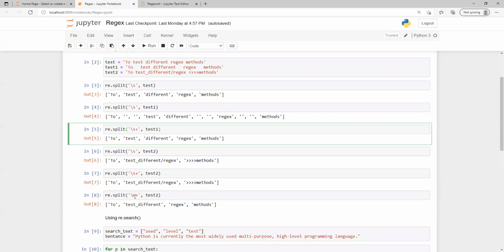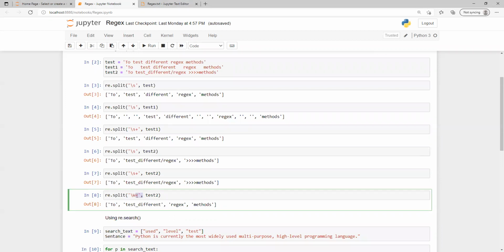So here we will use \W plus. I use the plus symbol again because if we have more than one symbol, it should not count each one, so it splits based on that.